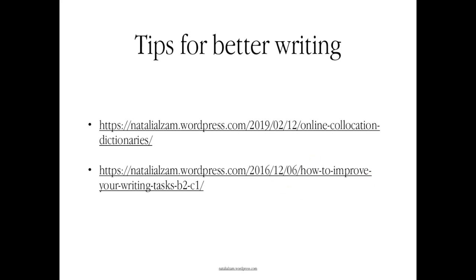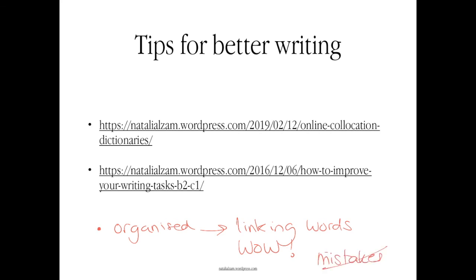And again, as always, some tips on how to improve your writing tasks. I can't stress it enough. Remember to be organized and to use proper linking words. And then wow expressions. When you finish, proofread it for mistakes. Okay? And then try and see if the general impression you're giving, if in general your review sounds not just correct,